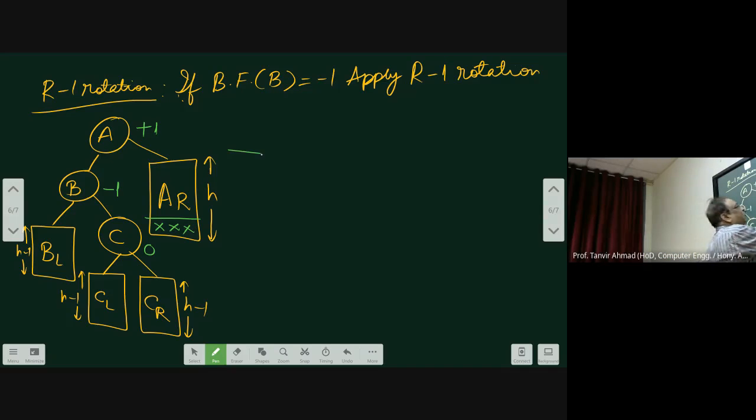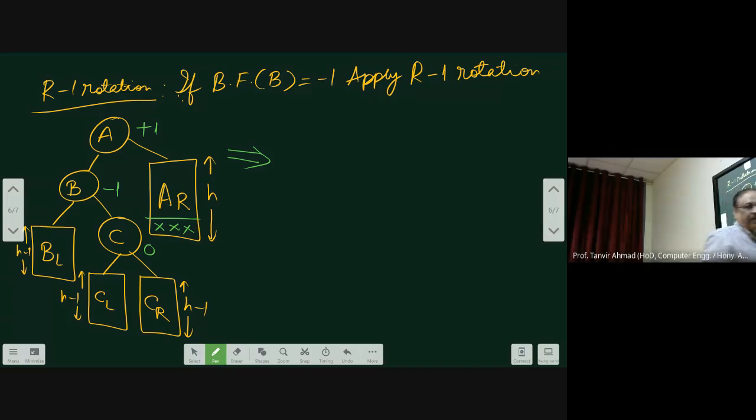Therefore, you have to understand it very well. When you are going to double rotate, actually you are rotating at B first and then at A again. You rotate at B and then you rotate at A. That means you are performing an anti-clockwise rotation, taking B as the pivot, and then performing a clockwise rotation, taking A as the pivot. And the end result...